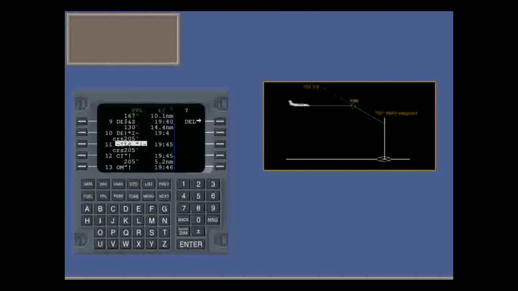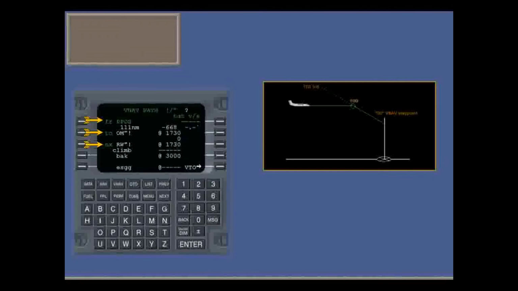Vertical navigation can be a useful aid to plan descents. So here's a brief overview. In this example, we're planning a descent on a flight into Gothenburg. Press the VNAV function. This shows the From, To and Next vertical waypoints. For our descent, we would like an FMS vertical glide path that will give an intercept at 3,000 feet on the center fix. So we're not interested in the outer marker.